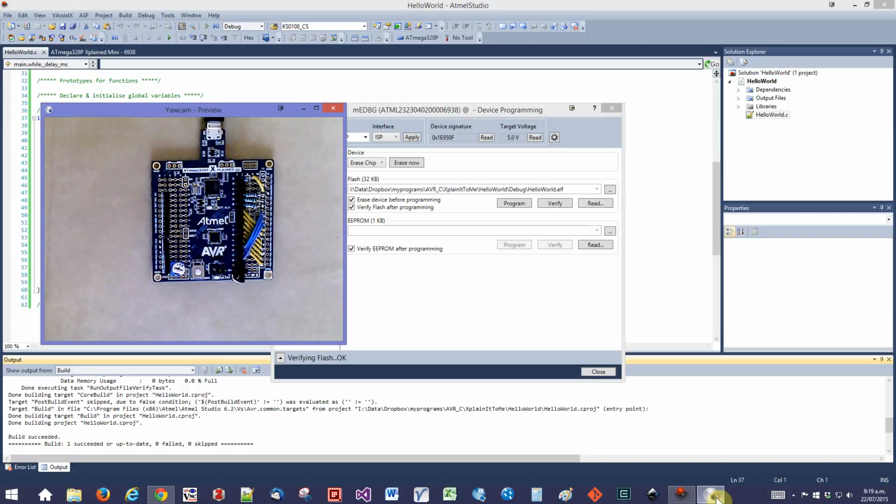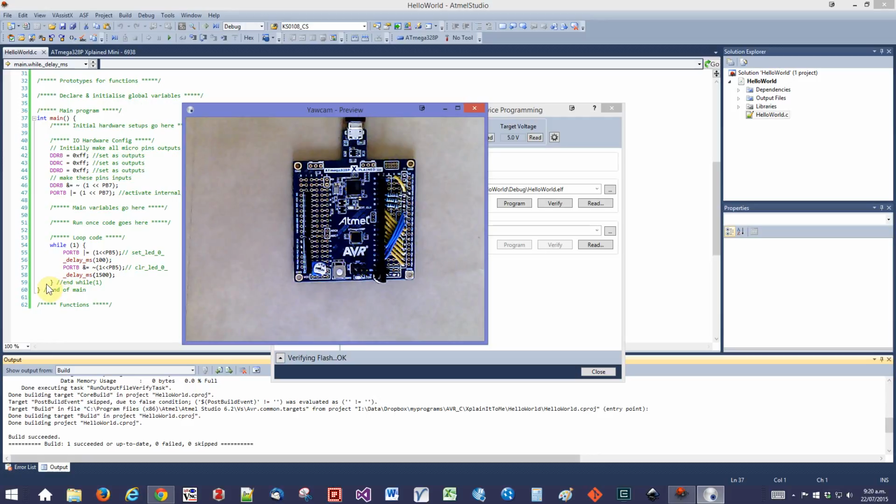Let's get our webcam back, and there we go. It's giving a little flash every 1.5 seconds. Well, actually, to be accurate, if you look at the timing, it's a flash every 1.6 seconds. Cool. That's how you get programming